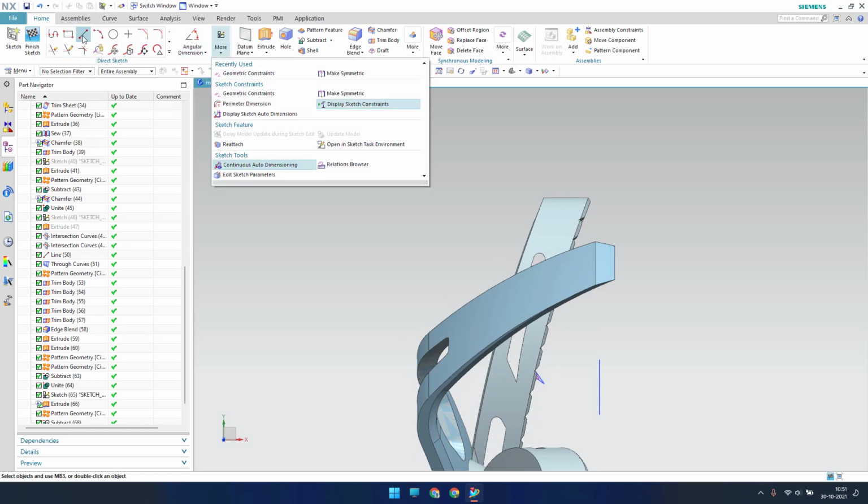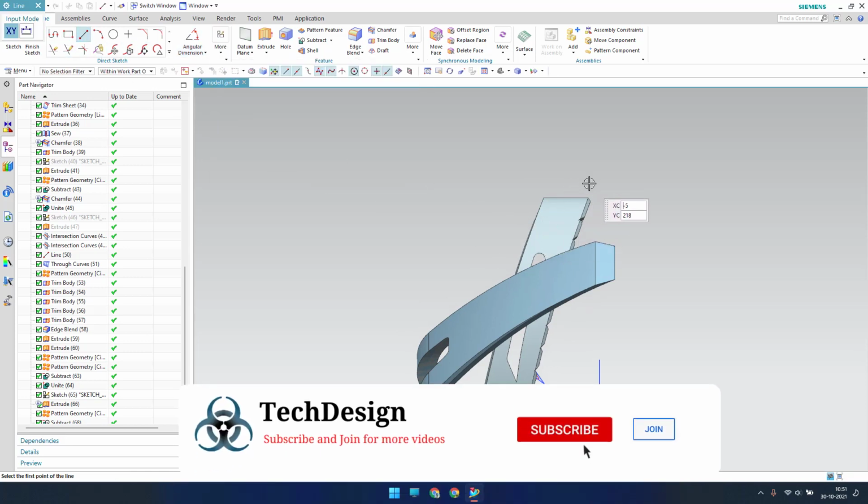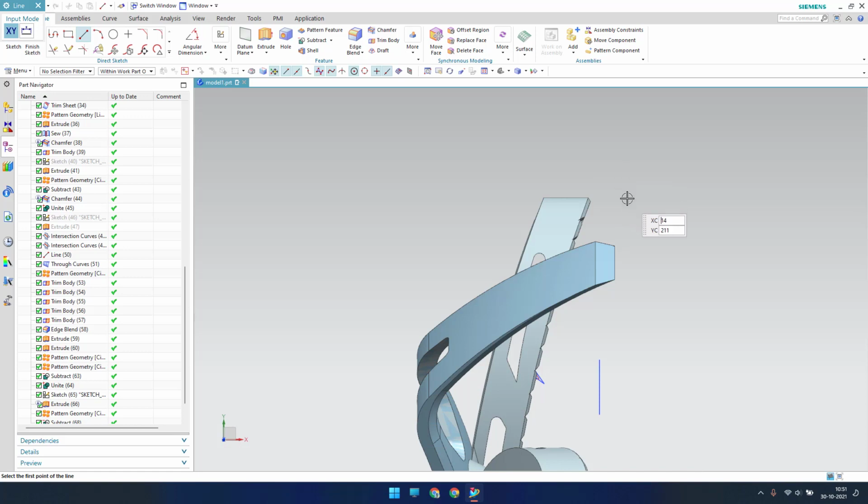So go to sketch, and draw this sketch now. So I'll just make it as simple as that. I don't want to make it as very complicated.